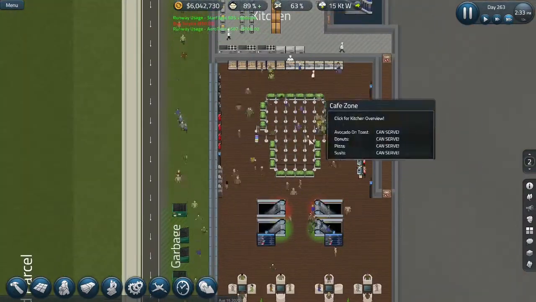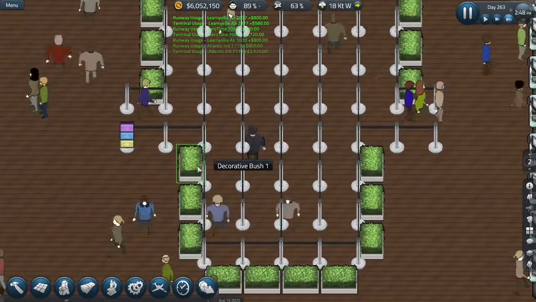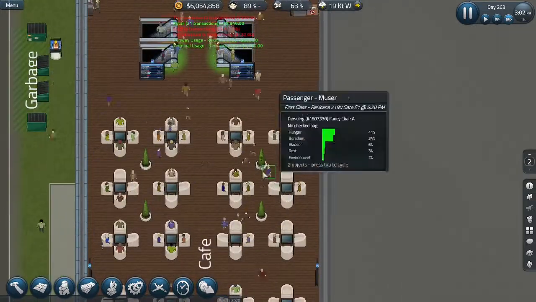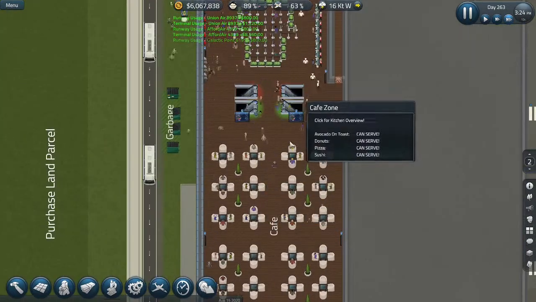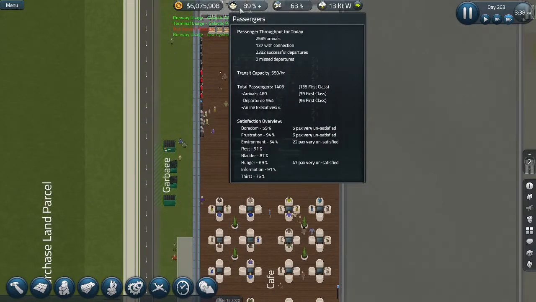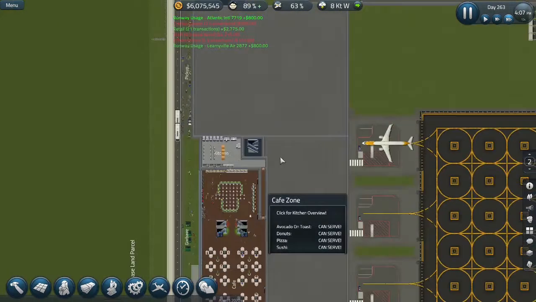And also, I have added a bunch of trees and bushes around the place. I have added bushes around the queues. I have added some trees in between the tables and everything because we really need to start increasing our environment satisfaction. That's our biggest problem. For some reason, it also seems to be hunger,